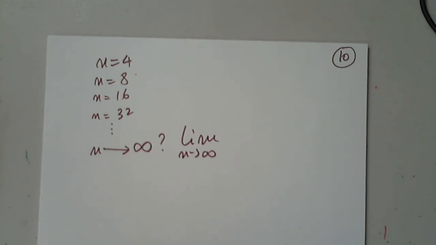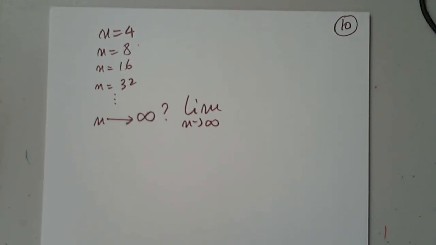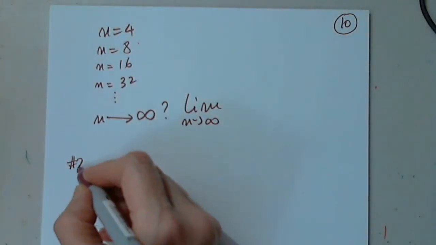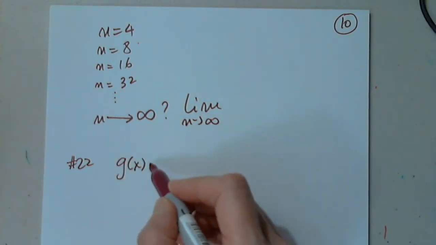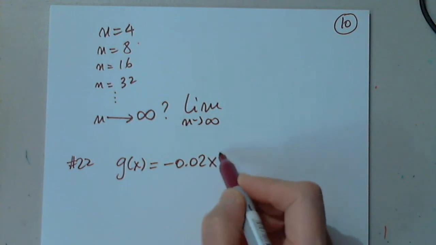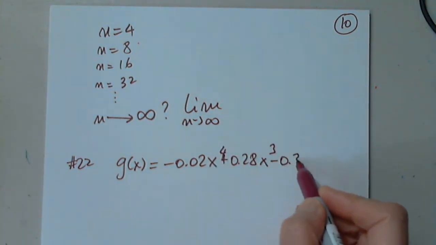So let's choose one, please. Anyone? 22. Okay, so let's look at 22. Approximate g of x equals negative 0.02 x to the 4th plus 0.28 x cubed minus 0.3 x